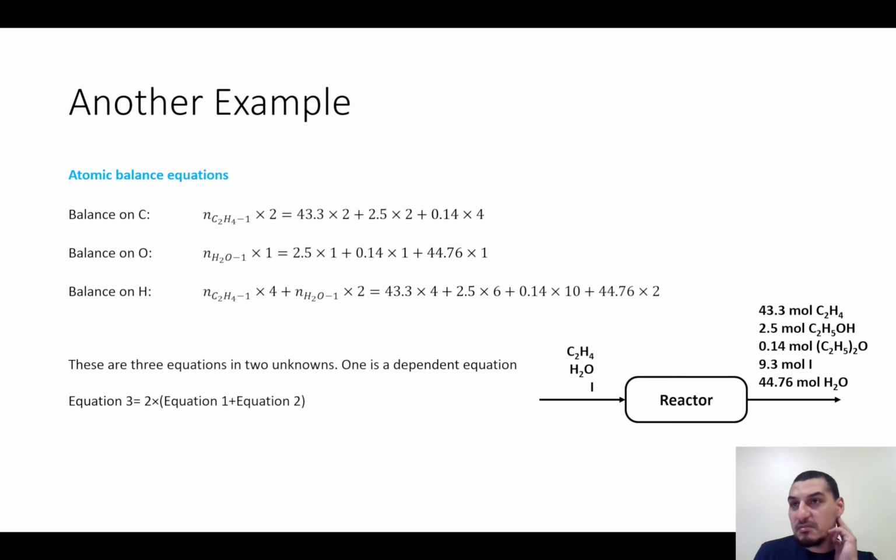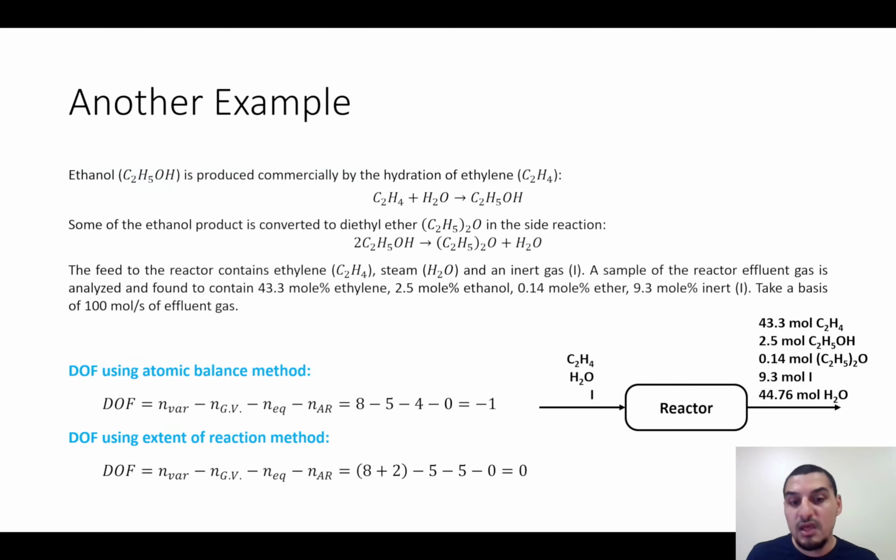So the equations that we have now are not 4 independent balance equations. We have 3 independent balance equations. So if we go back to the degrees of freedom, this should be 3 and this should be 0, and we will get the same thing. So the take-home message of this is that you have to be careful when you calculate the degrees of freedom of a reactive system using the atomic balance method. In many cases it will work and it's going to be fine, but in some cases